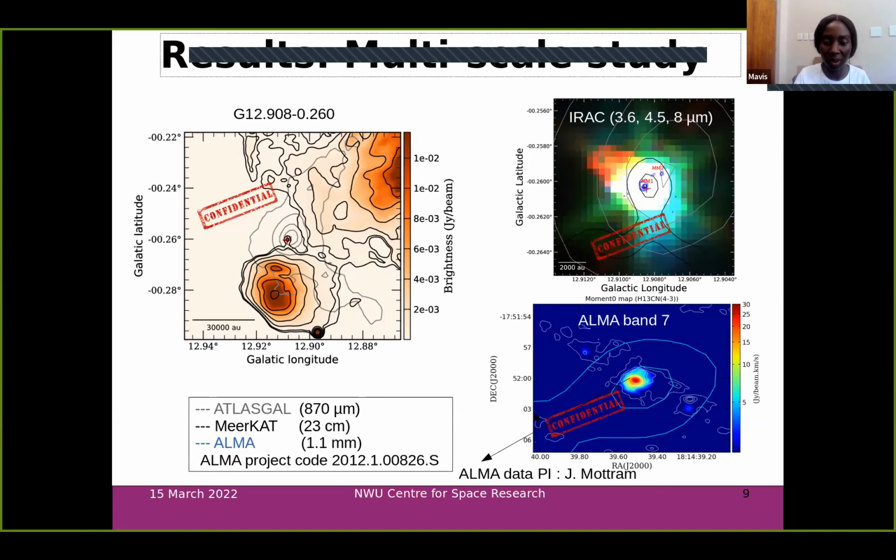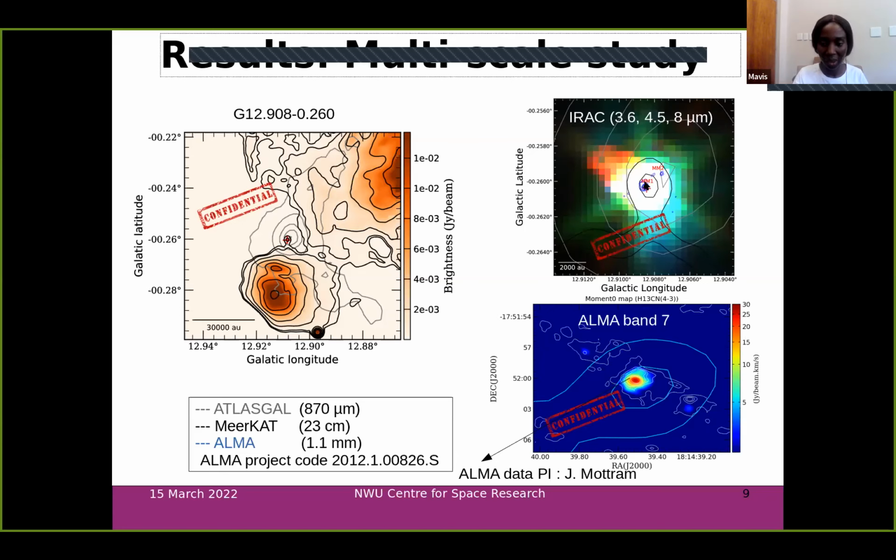So this data is an ALMA data in band 7, and we obtained it from the ALMA project code 2012-1, I've put it there. And we see that the position of the methanol maser also has a core, which is